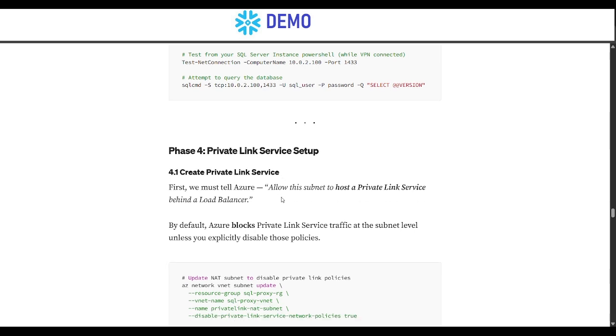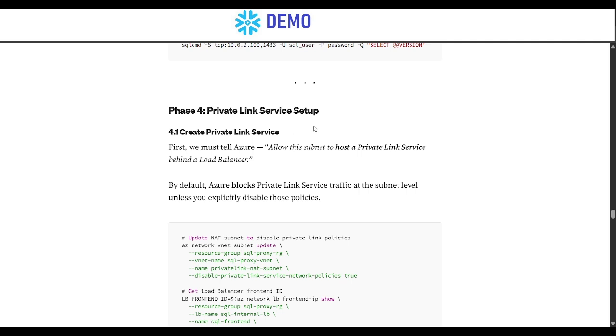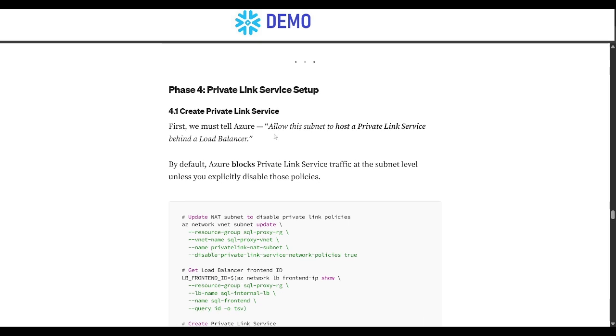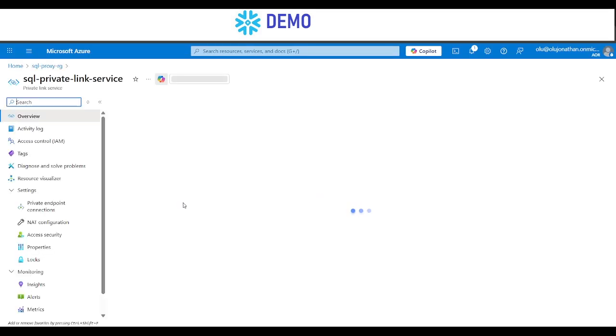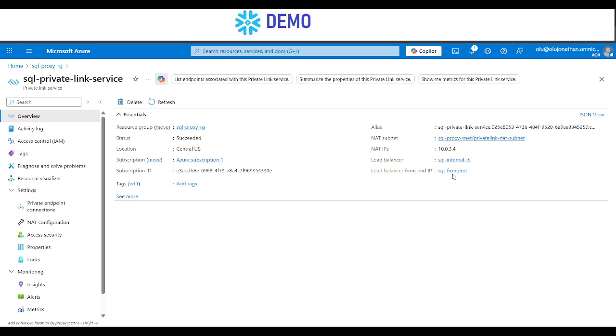Just jump here, okay? So private link service setup, which is you want to allow these subnets to host a private link service. By default, Azure will have blocked private link service traffic, so we need to explicitly disable those policies, saying that we want this private link service to be enabled. This is the private link service that is created here. You use that front end